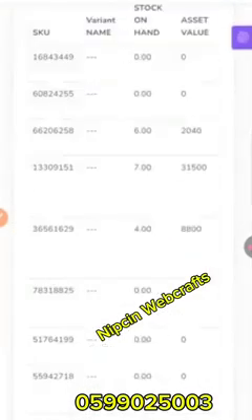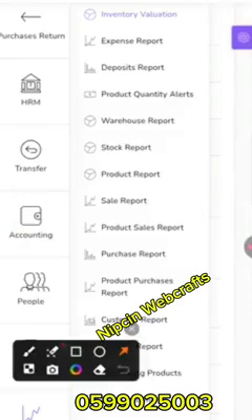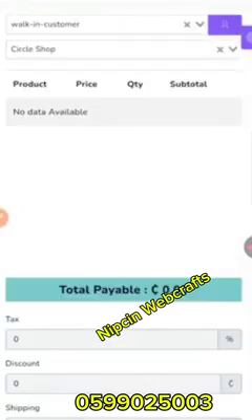That means when the user logs in, you will see what activity the user has done, because you are the one that created the user. Then when you go to the POS proper, this is the POS. When you click on the POS,